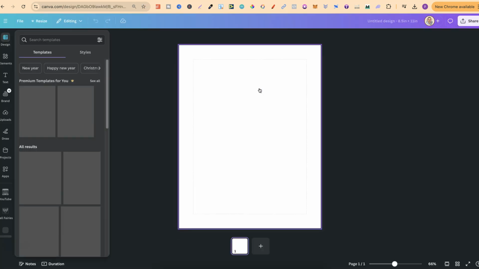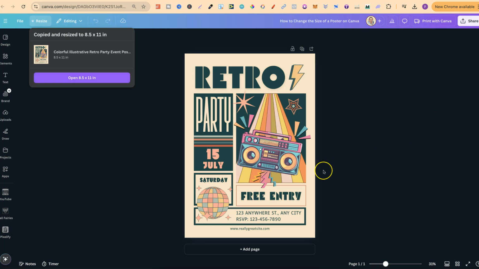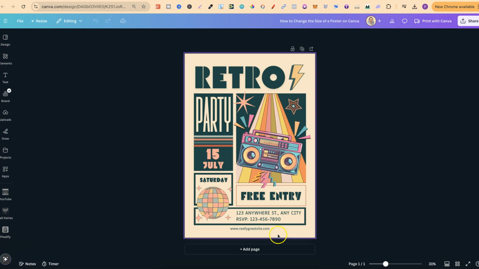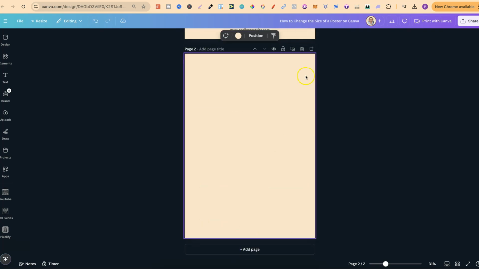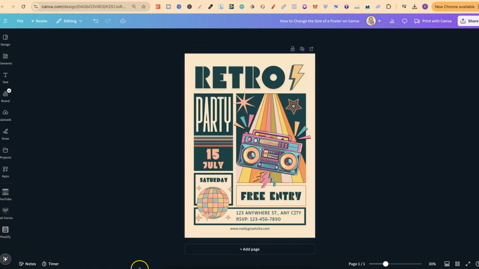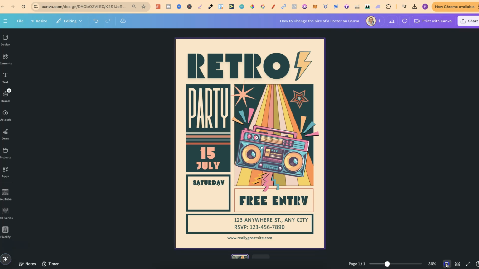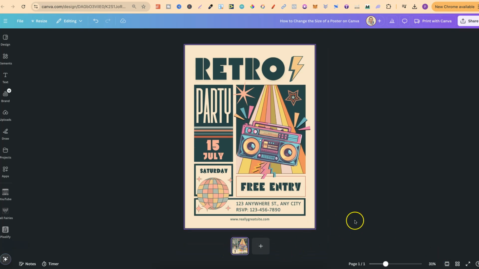Now, from here, what we want to do is simply come over to our page just here, and what we want to do, depending on your layout, you might want to change it. So I don't quite like this layout where we add pages just here. I like to see all my pages at the bottom. So what we're going to do is click just here where it says thumbnail view. Now, if we click on there, we now have different layouts,